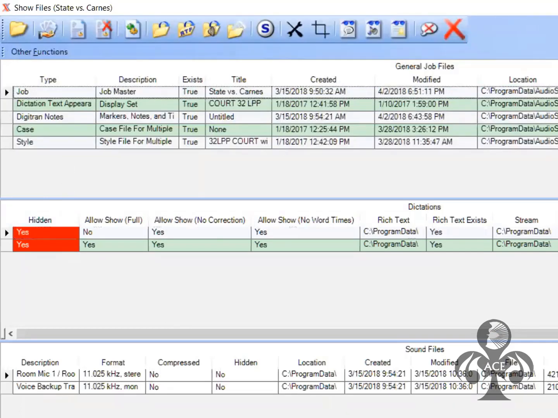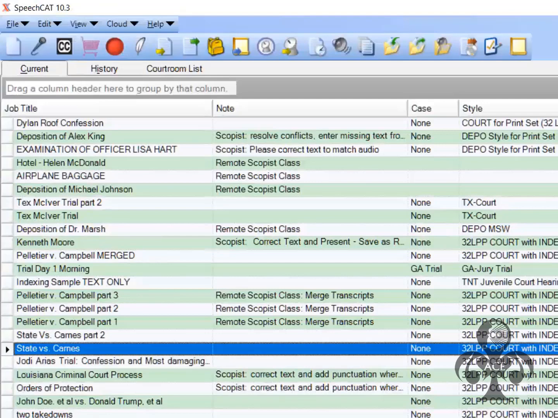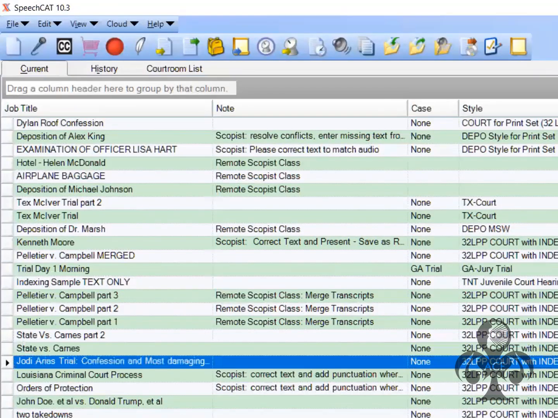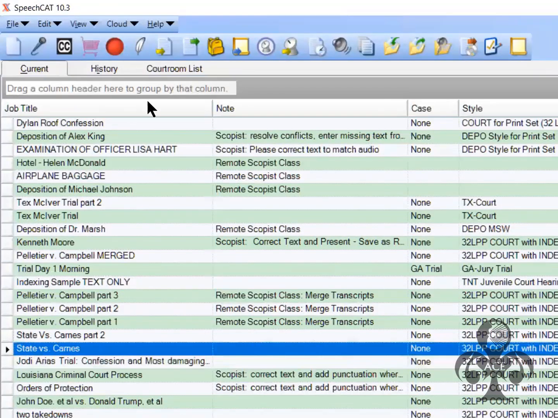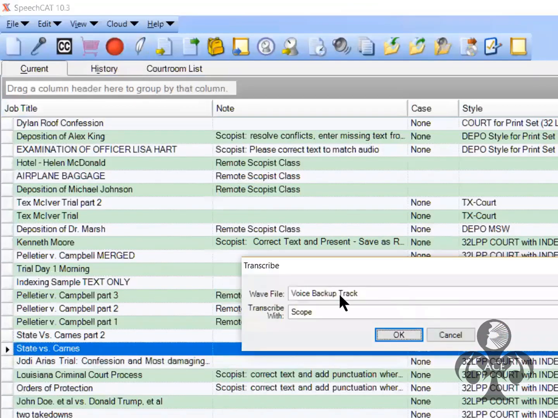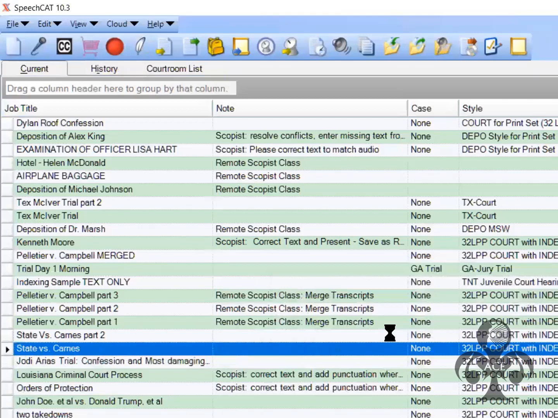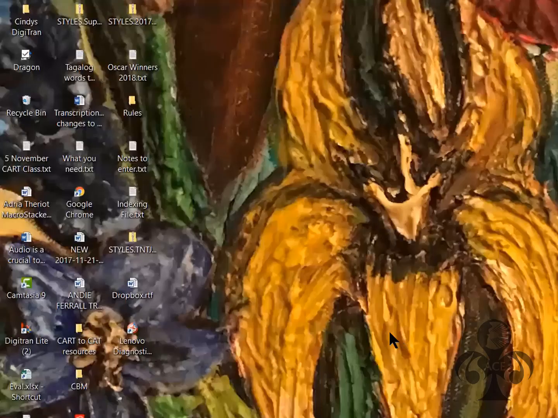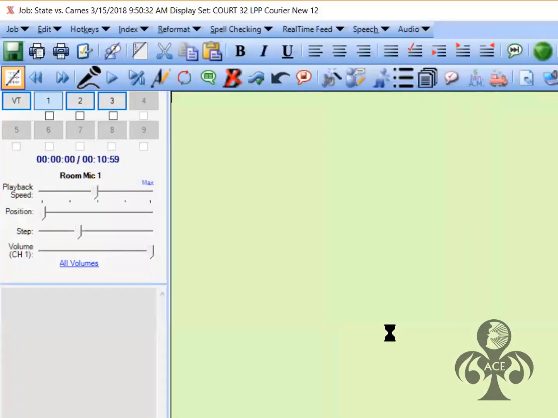It shouldn't be showing scoped. It should show dictated. Once I hide the dictation file, it should show dictated. And then what I can do is click on transcribe and use the voice backup track, always transcribe in scope, and click on OK. What that does is it takes your backup mask track and makes text utilizing your voice backup track. And that is a really, really wonderful thing